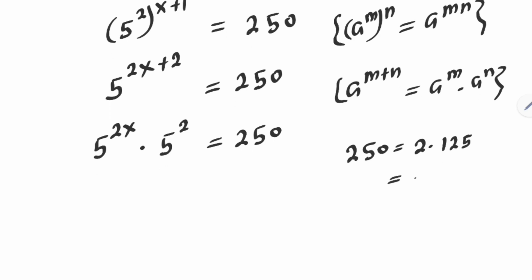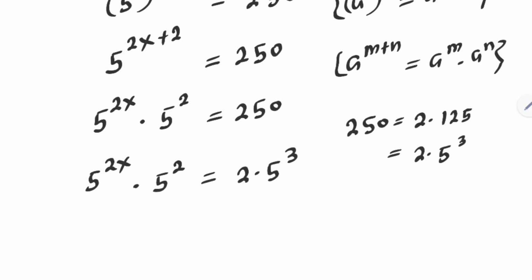This is equal to 2 multiplied by 5 raised to power 3. Then we have 5 raised to power 2x multiplied by 5 square is equal to 2 multiplied by 5 raised